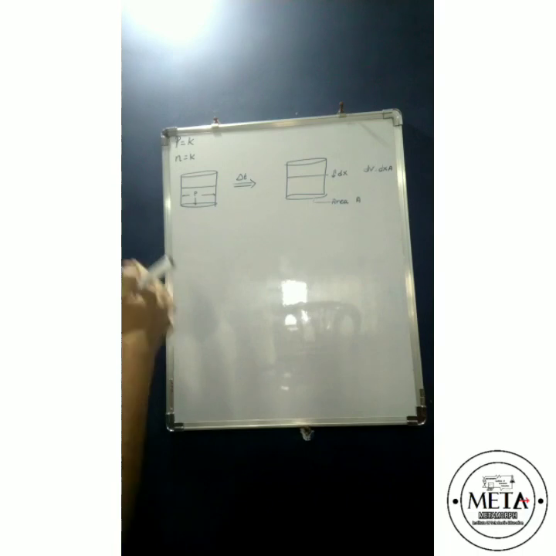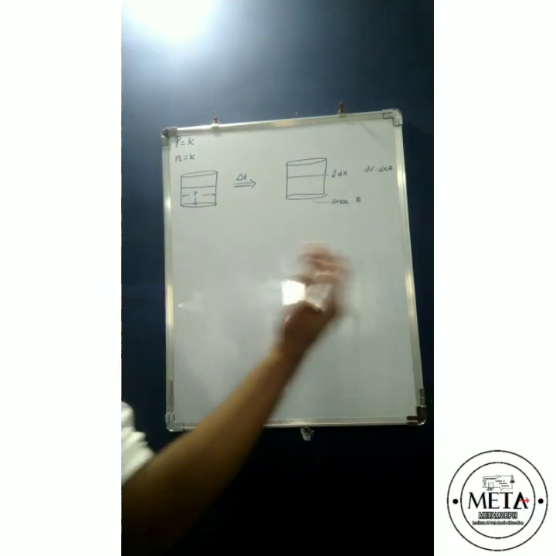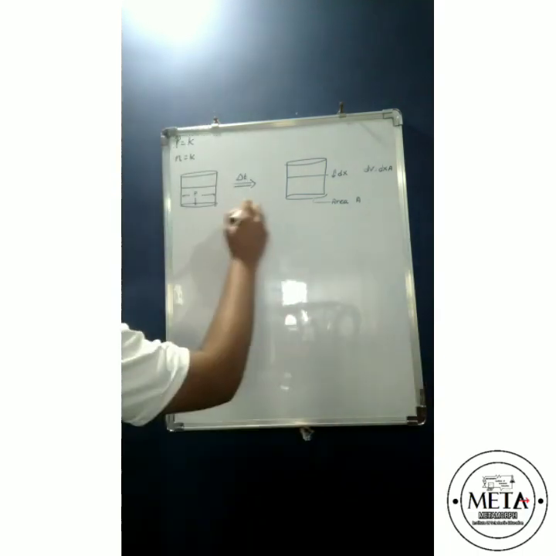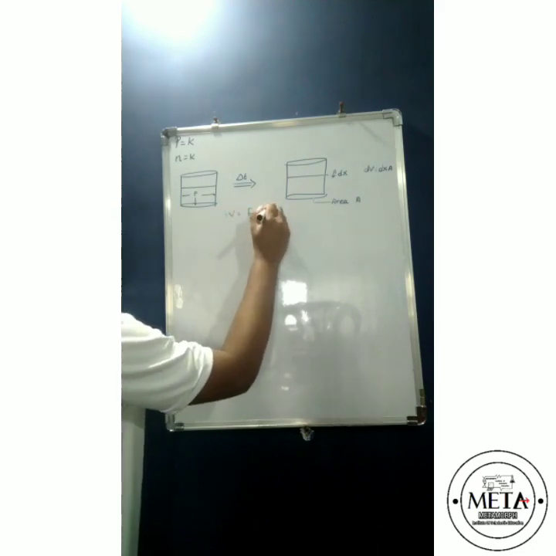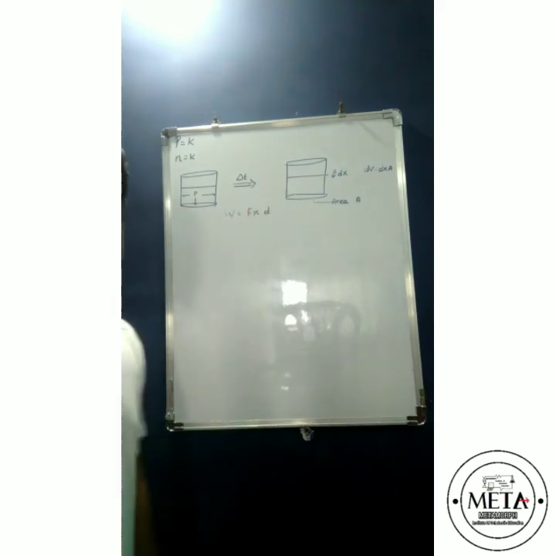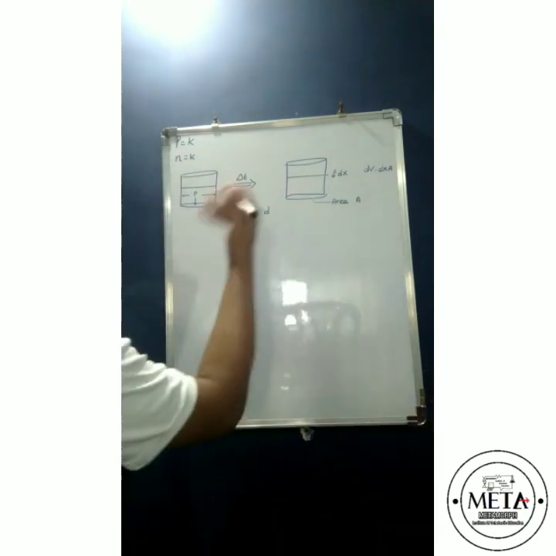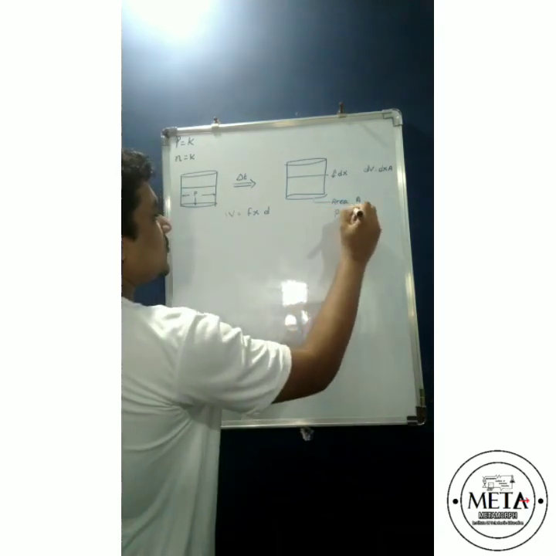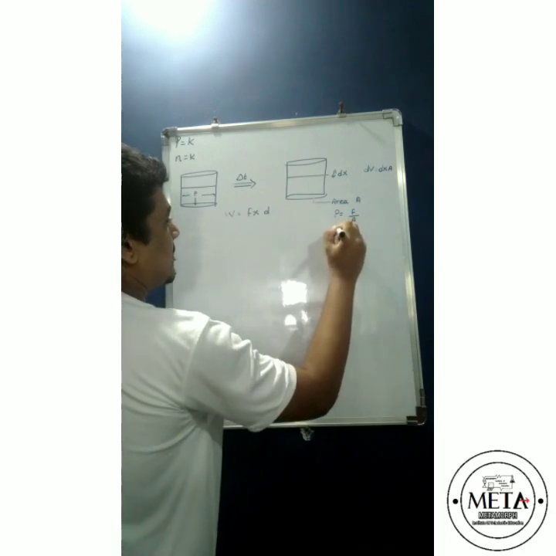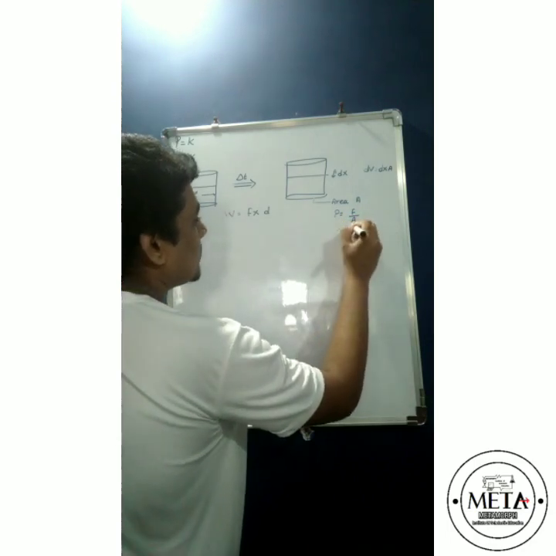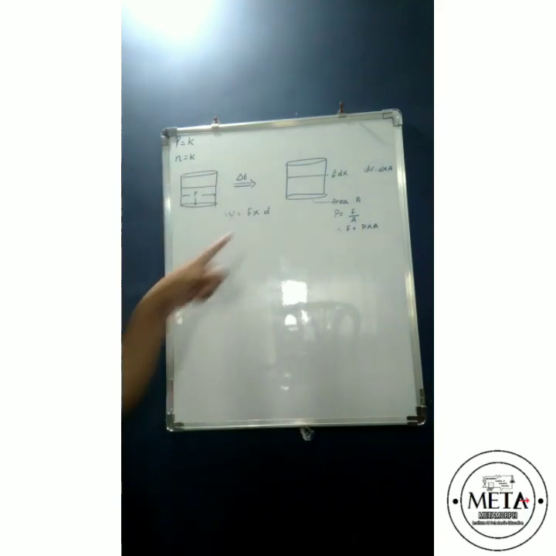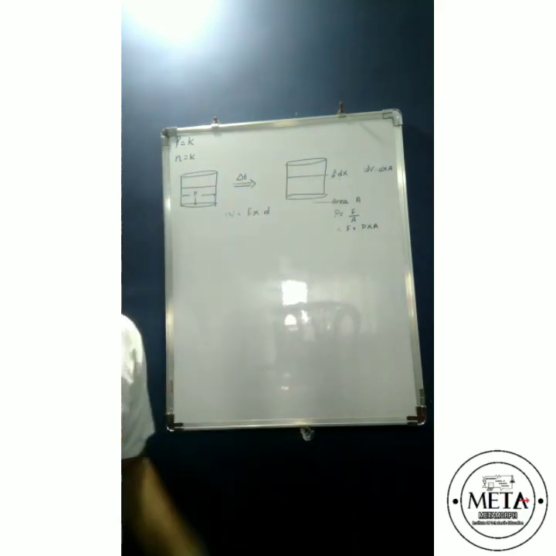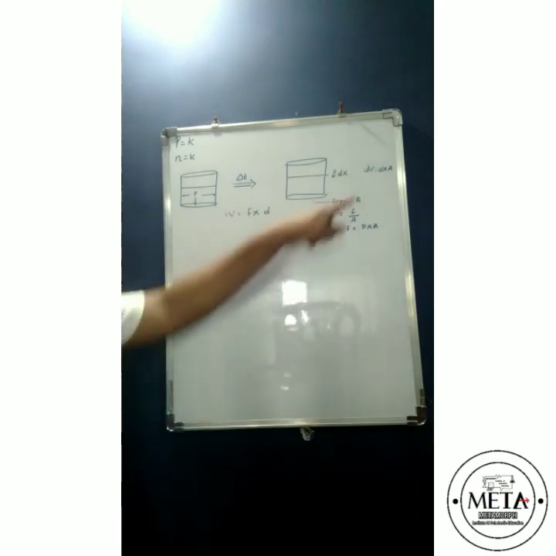Now he discovered that, from the 8th standard definition, work done is equal to force into displacement. This is the 8th standard formula of work. We know that pressure is equal to force upon area, keeping force as the subject, so force becomes pressure into area. And in this process, there's a small amount of temperature, small amount of distance, small amount of volume.